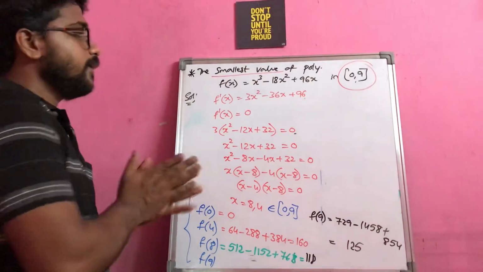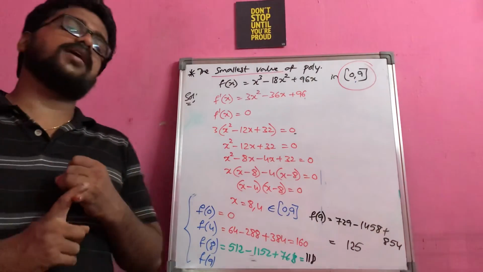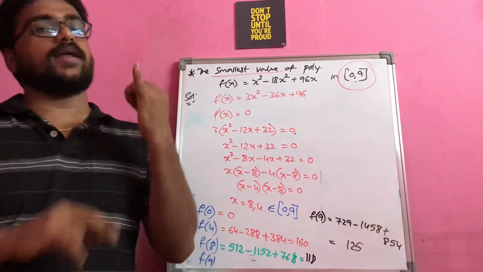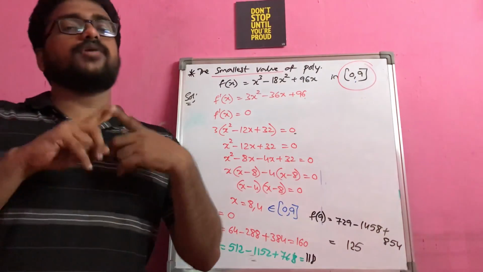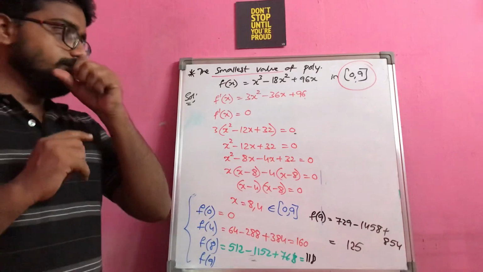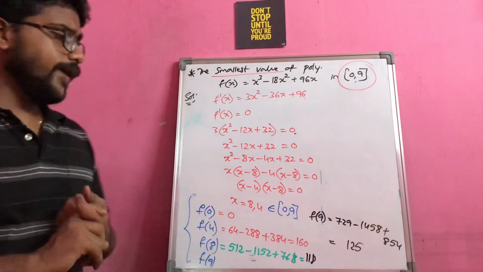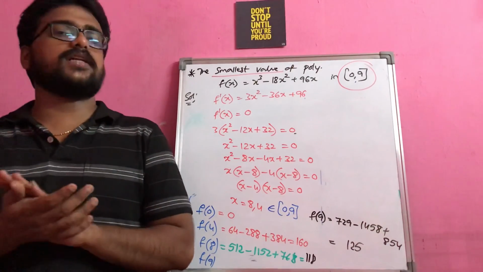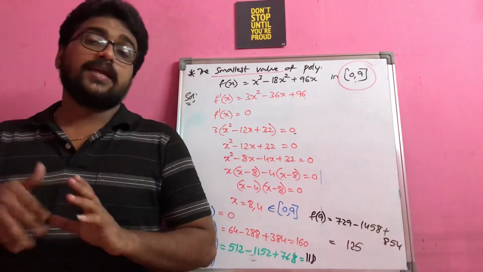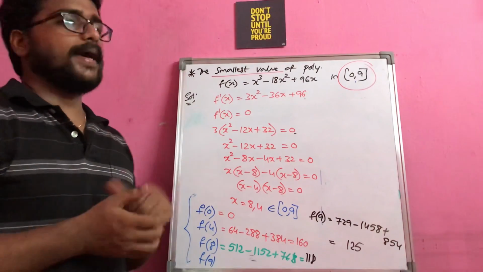So the procedure is almost the same for everything, and the second order derivative test is mainly useful whenever you are getting only one turning point, where you cannot come to any conclusion about whether the function is giving you a maximum or minimum. So these are the basic questions that we discussed about maximum and minimum. In the next class, we will discuss some more important models from maximum and minimum.